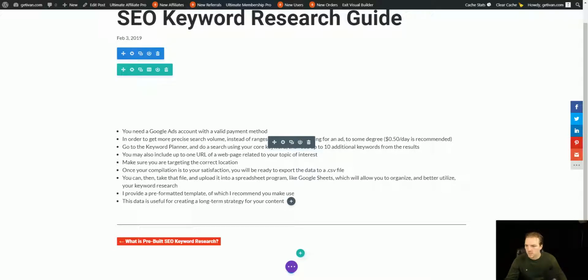And so that's the second bullet point here. In order to get more precise search volume, instead of ranges of searches per month, you have to be paying for an ad to some degree, and 50 cents a day is recommended. So 50 cents a day is $15 a month. It's not very much. I'm not sure if that's the minimum. I'm not really sure what the minimum is. That might be the minimum you can pay for an ad, but that's what I have done for a while